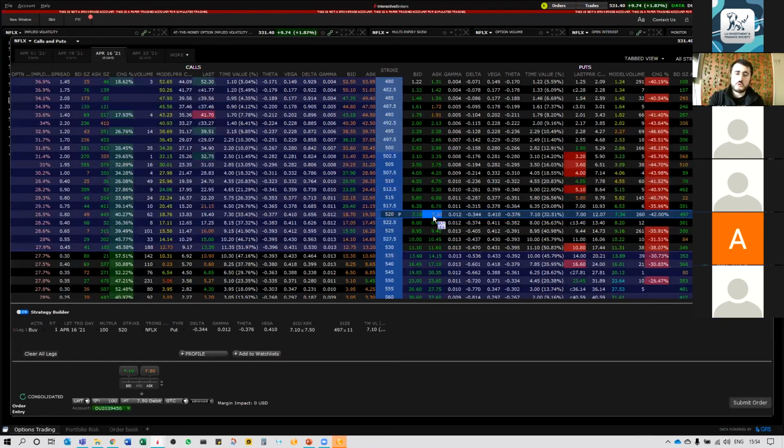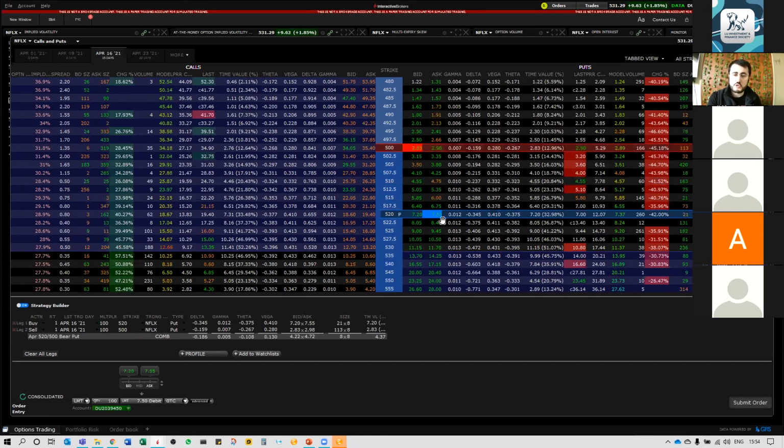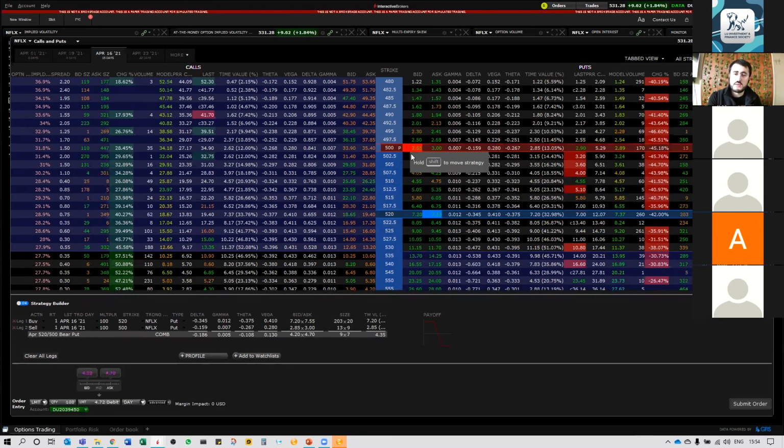You could also go into a bear put. Rather than just buying the put naked, you could buy the 520 and sell the 500. So you're paying $750 and receiving around $290. And so this sort of caps your